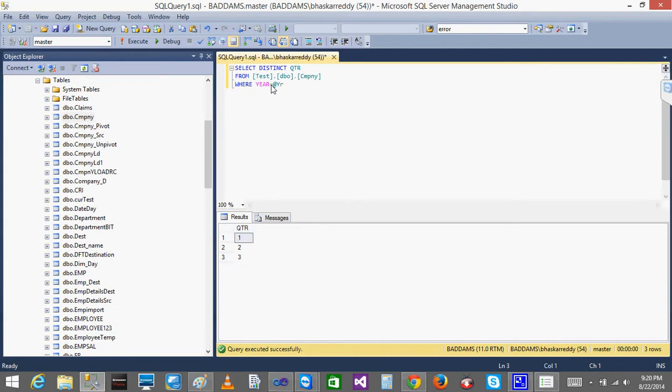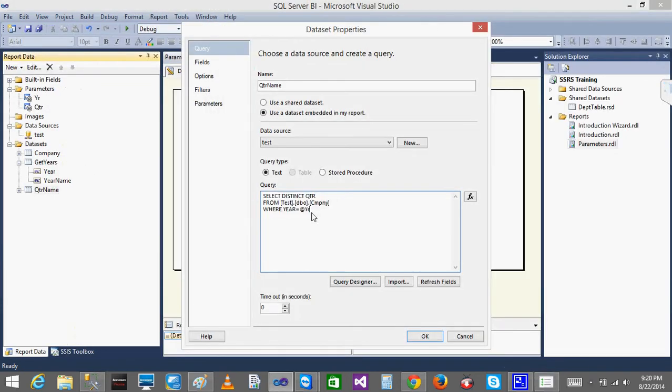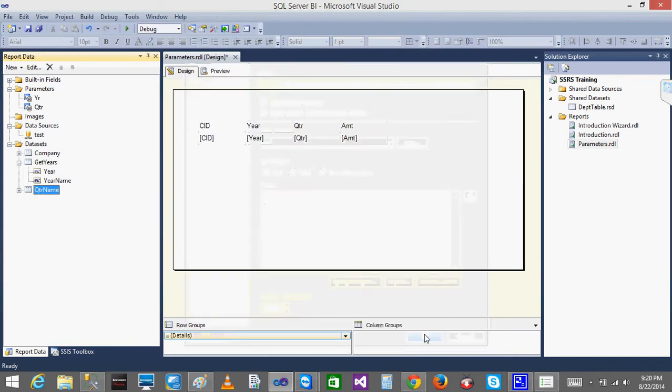Now if I give the year 2010, because we have seen that for 2010 we got 3 quarters, it will show you 3 quarters here. See, if I give 2015, then I'll get only 1 quarter. So whatever year you select, you will be passing that year. Done. YR. Okay, so the year it will pass. See, when I go to the preview,